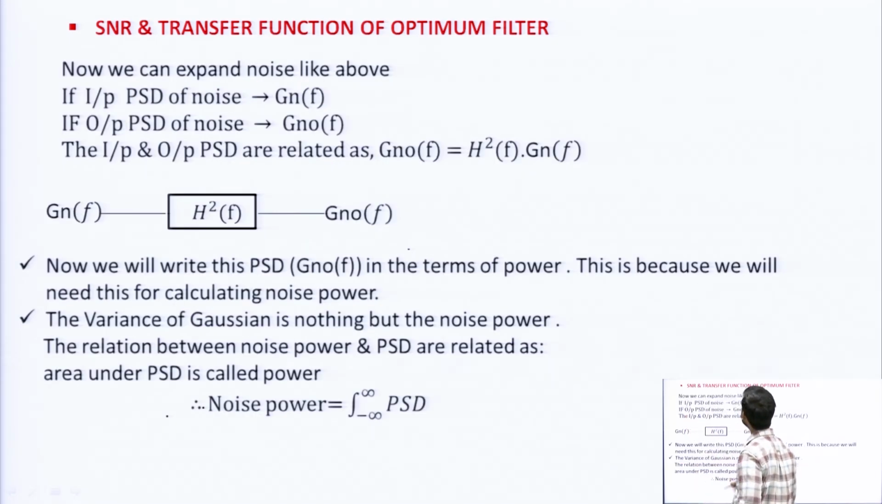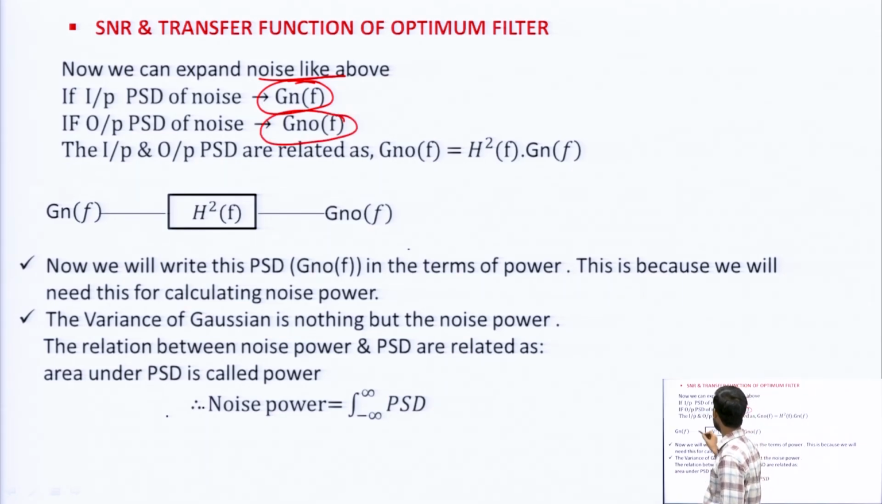So, now I can expand the noise. This is the input PSD of noise, GN(f), and the output PSD of noise, let us say GN0(f). The input and output PSD, power spectral density, are related as GN0(f), the output power spectral density, equals the input power spectral density multiplied by |H(f)|^2. This is a power, that is power spectral density. So, this is the general